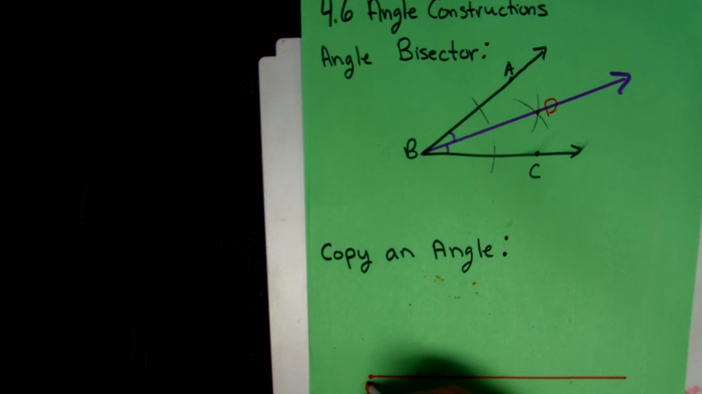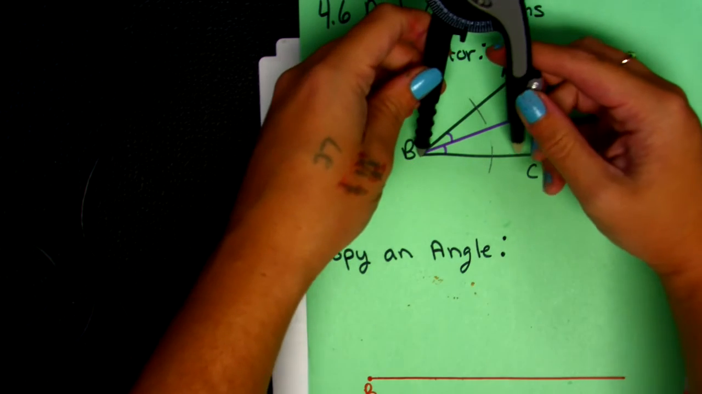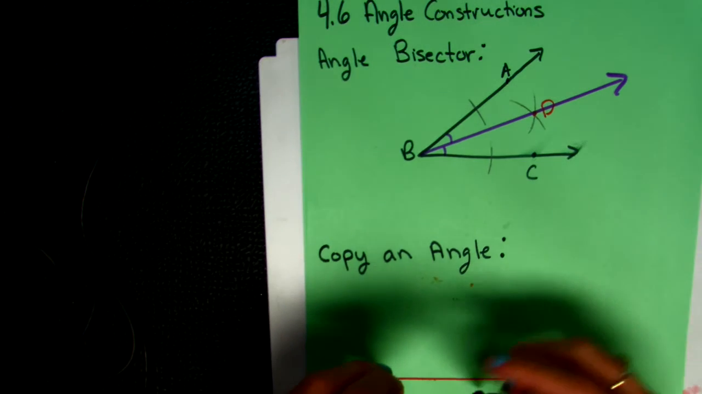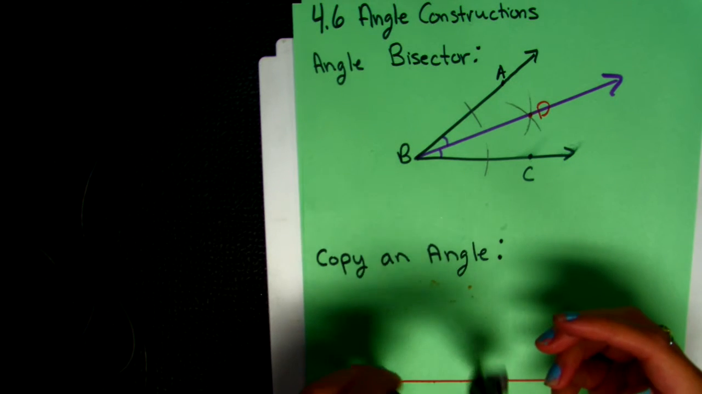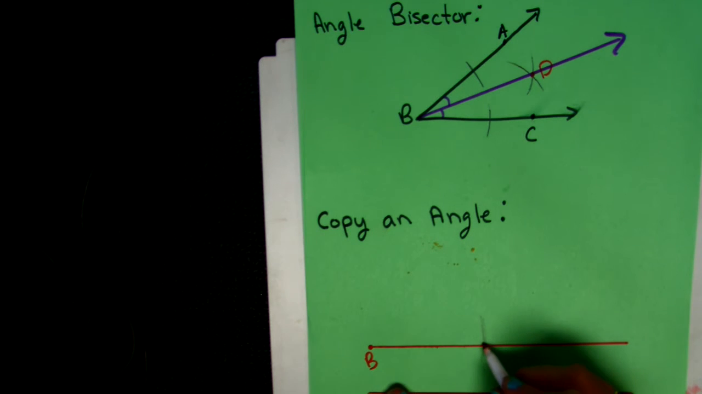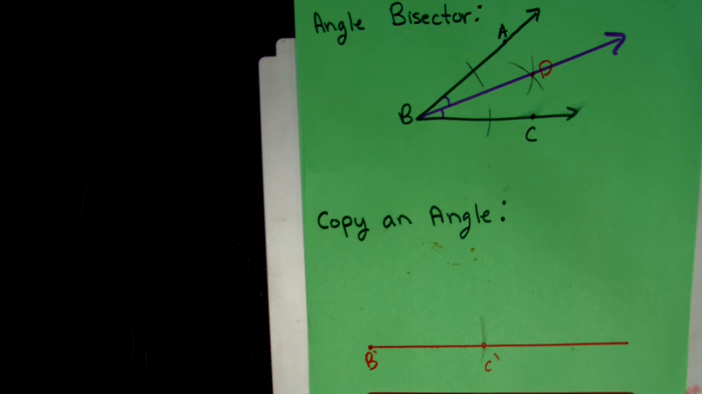I'm going to make this endpoint B prime. And so I'm going to go ahead and mark off BC. I'm going to copy BC. Go ahead and copy that. So now I have a C prime here. So here is B prime and there is C prime. Okay, so now that I've copied BC,